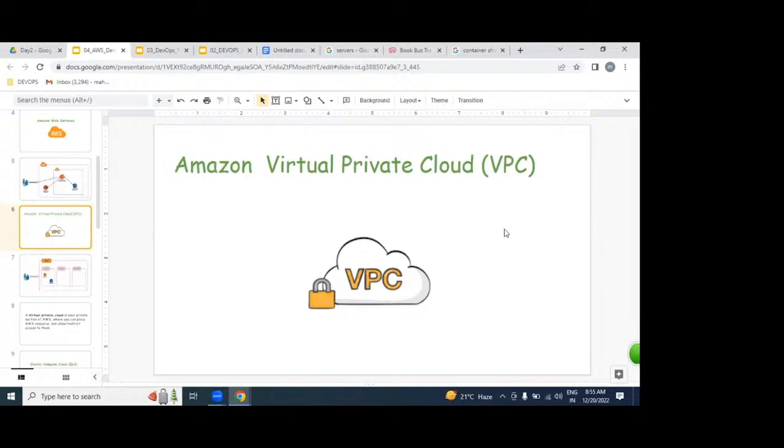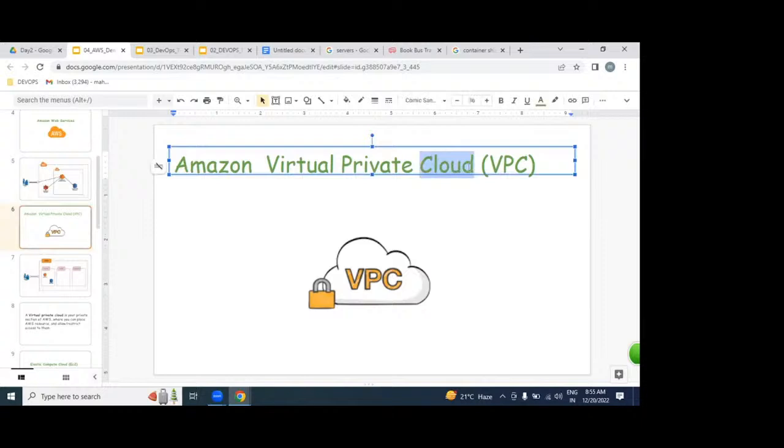Connecting computers with an internet cable, that is what we call a physical network. The same kind of network we are going to get from the cloud. From the cloud, in a virtual form, it is nothing but what? VPC. I'll repeat this. We are going to get an isolated,